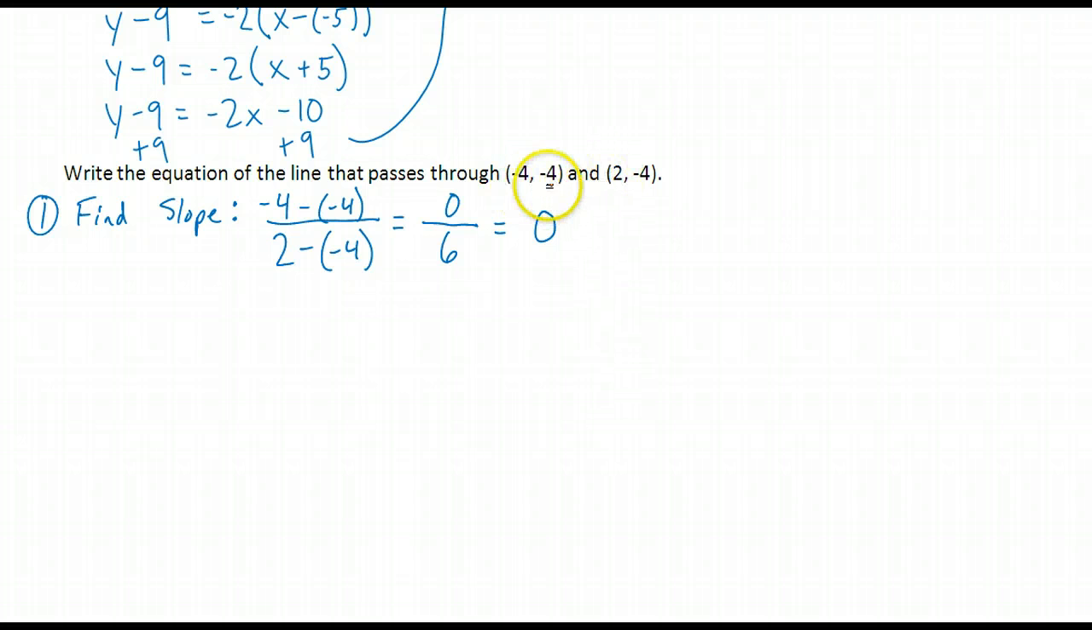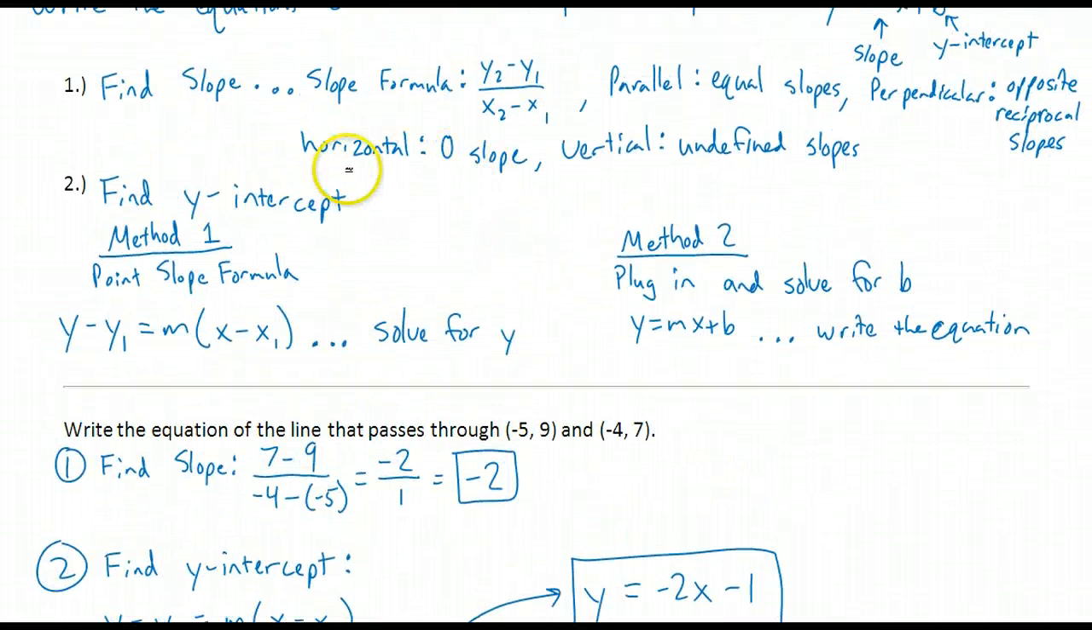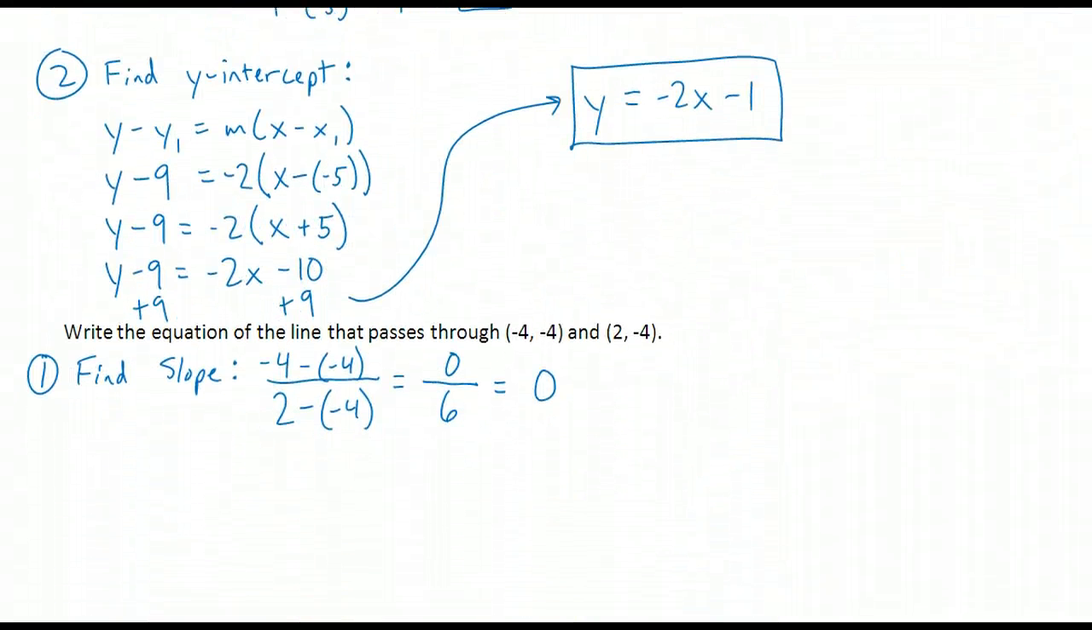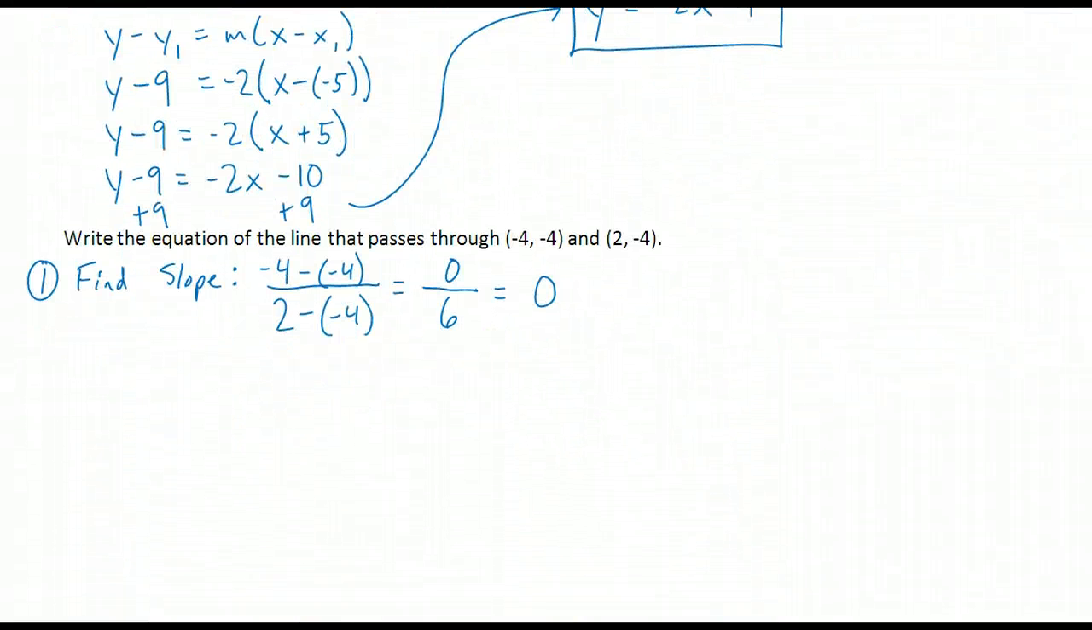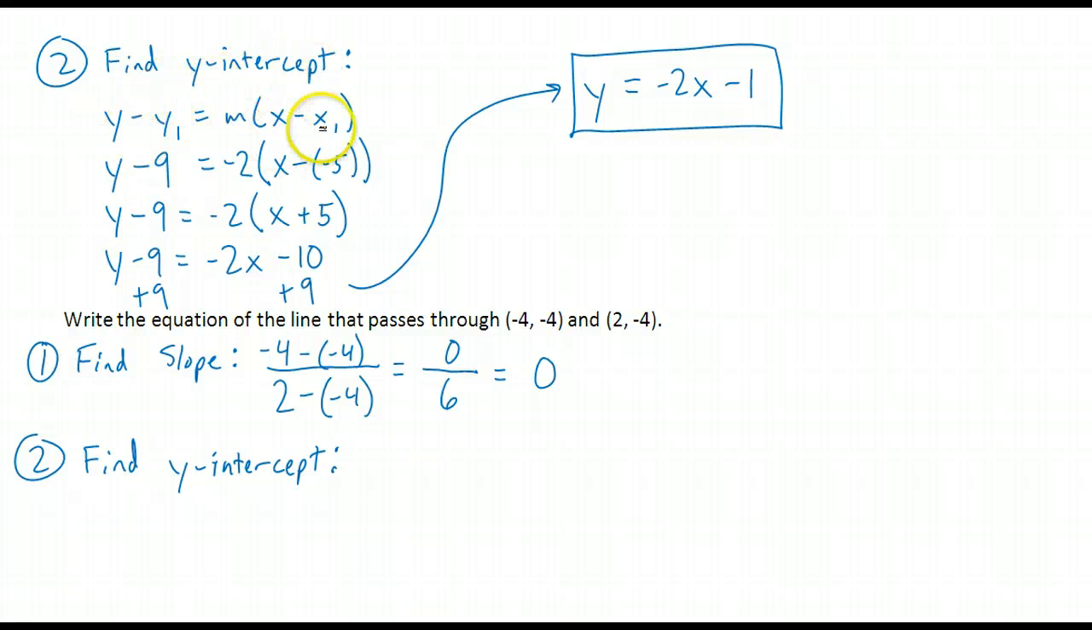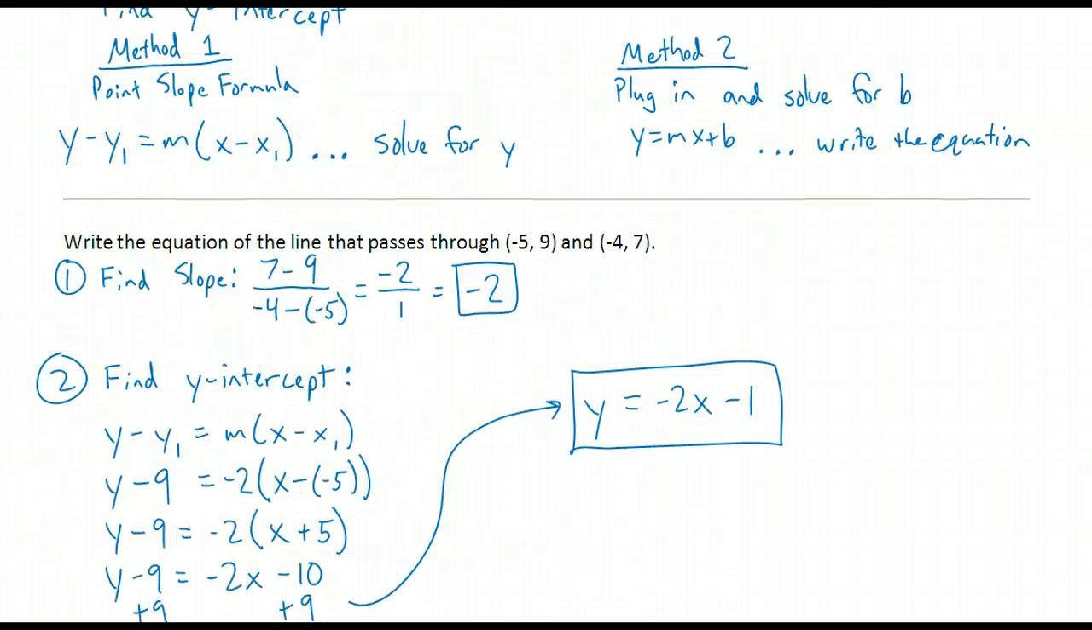So the slope of the line that goes through these 2 points is 0, which tells me that I have a horizontal line. Now, a horizontal line is a function, so I'm still going to write the equation in slope-intercept form. If I had a vertical line, I can't write a vertical line in slope-intercept form, so I'm going to have to do something else. In this case, I can keep going with my methods to find the y-intercept. I picked method 1 in the first example. I'm going to pick method 2